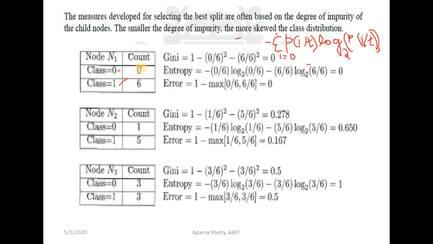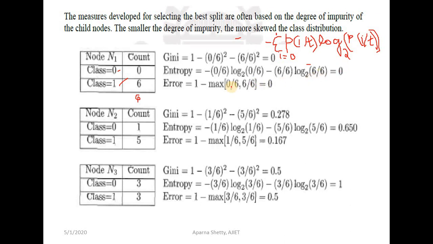For class 0 it is 0. 0 out of 6 log to the base 2, 0 out of 6, minus second value count is 6, out of the total count over here is also 6. So,